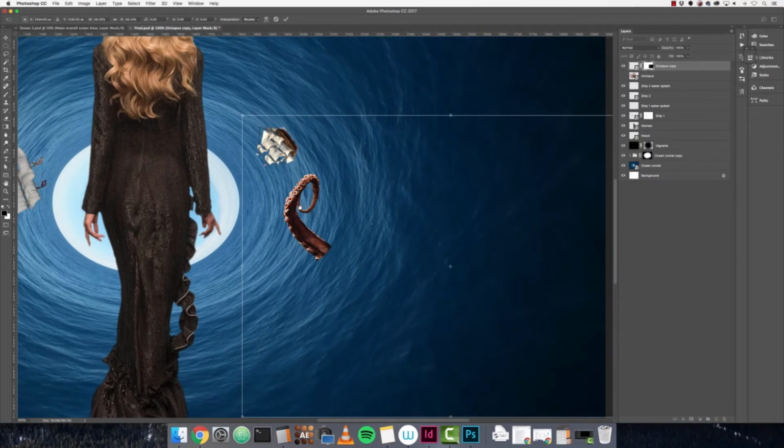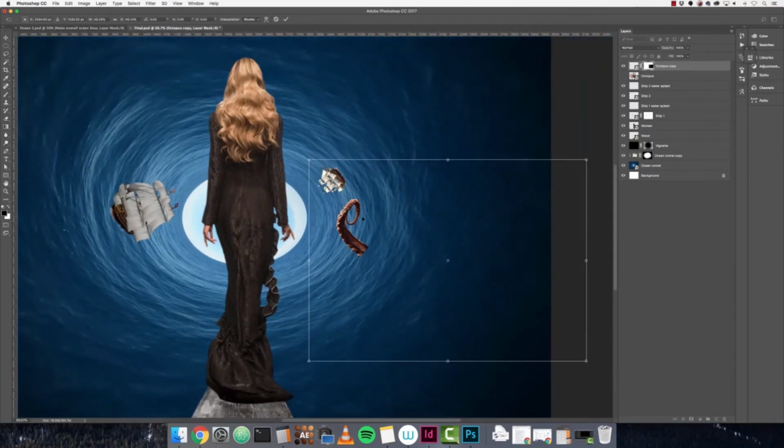And always consider the lighting. So when choosing these different items to add to your scene, you always have to consider the lighting. So we will be changing the lighting slightly to make the woman and the ships fit into the scene better. These octopus tentacles have a very harsh shadow on them and a clear light source. So we want to reflect that this is where the light is coming from, the circle, and it's hitting the